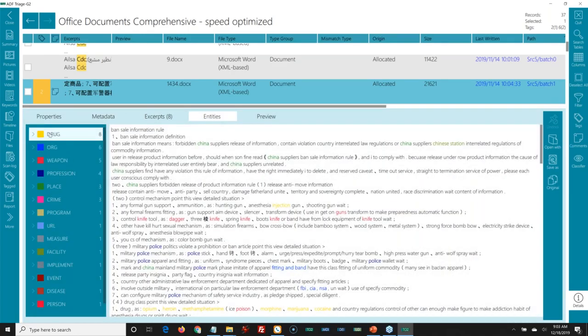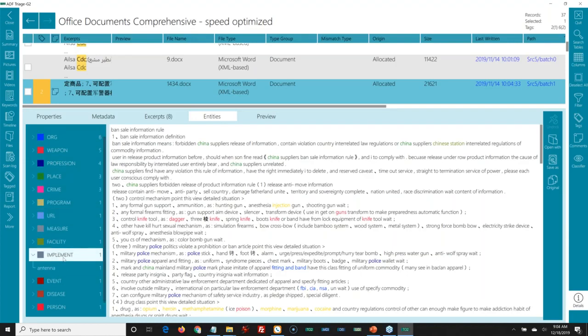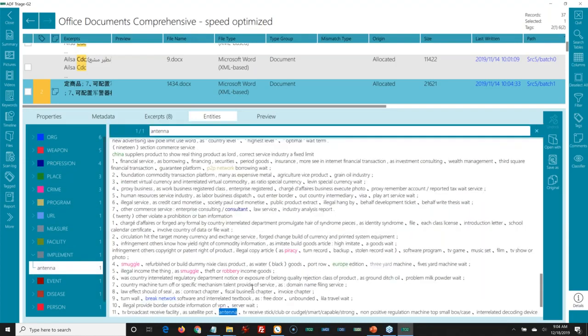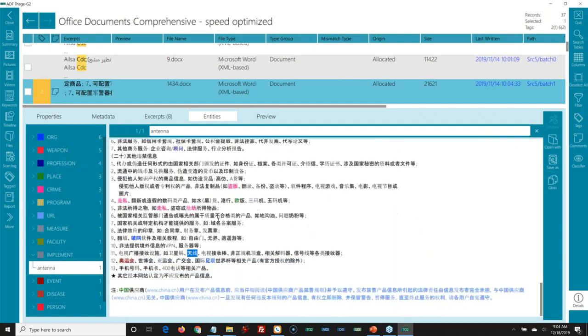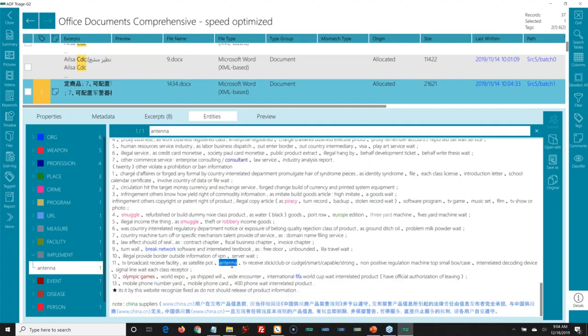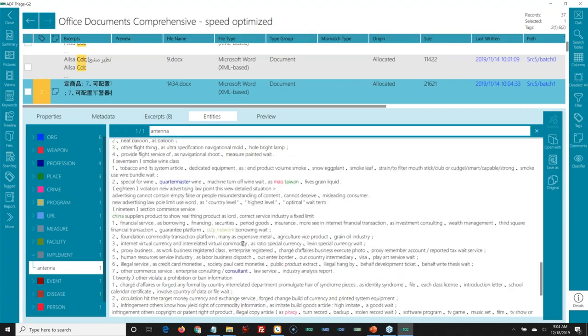So what are the entities? Here's the drugs. So you can see all the different drug entities that were pulled out. Profession, place, all these different entities were broken out, and I can look at it in this document and see where it is. But look at the document, right? It's not in Chinese anymore. So if I go over here to my toolbar, here's the original document with all the keyword hits in it, and then here's the gist. So it gives me where that keyword is, and it translates around it.